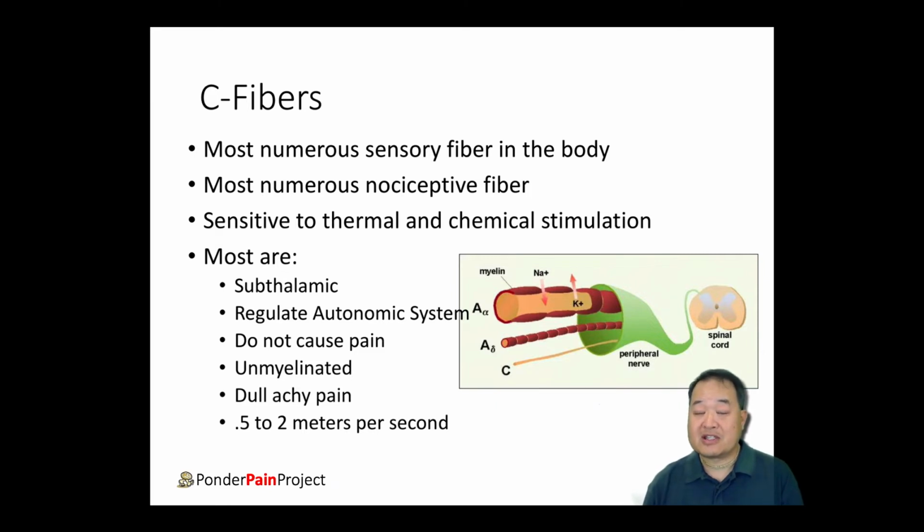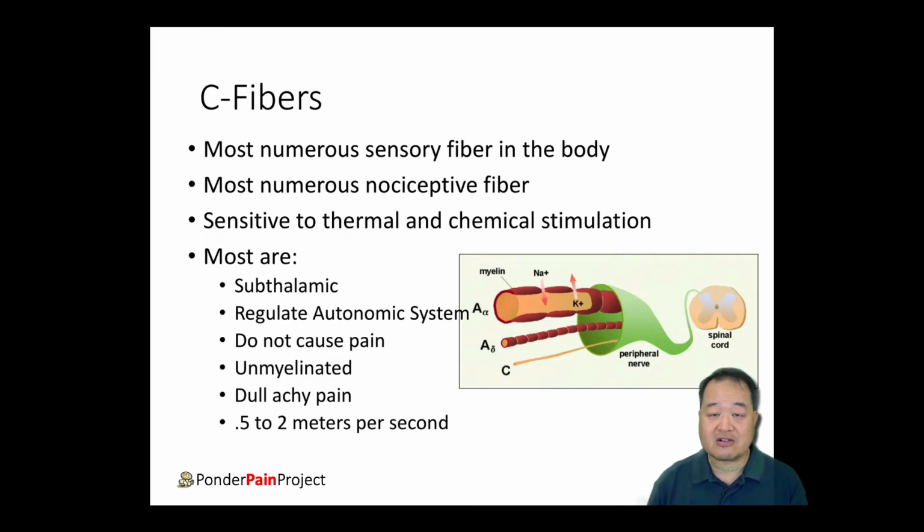One of the primary things they do is they regulate our autonomic nervous system and our autonomic responses. And that's important because it transmits information up to the areas of our brain that are subthalamic, like our brainstem and reticular formations. And from there, it sets up this autonomic fight or flight response. So it gets our body ready to get away from whatever it is that's causing the damage. And that's an important, quick